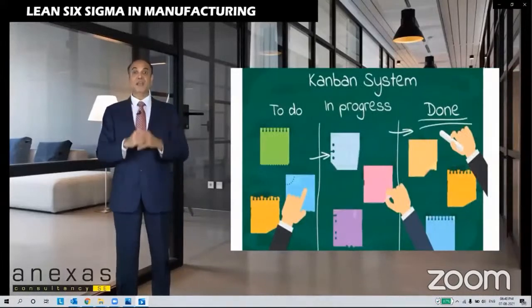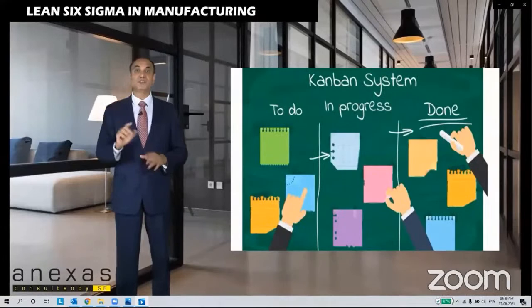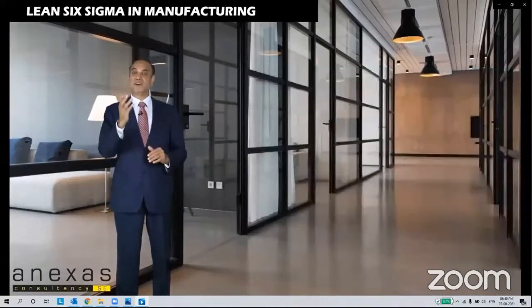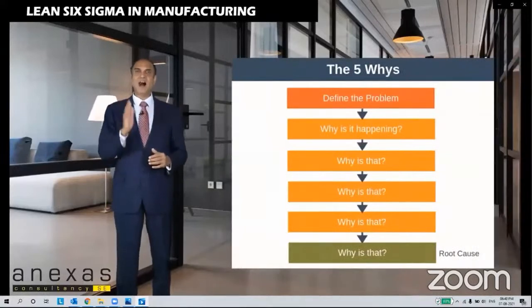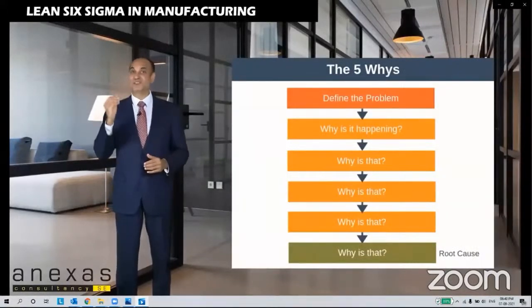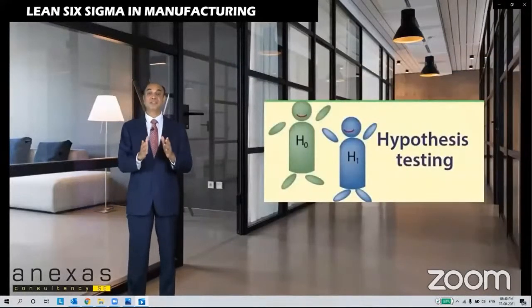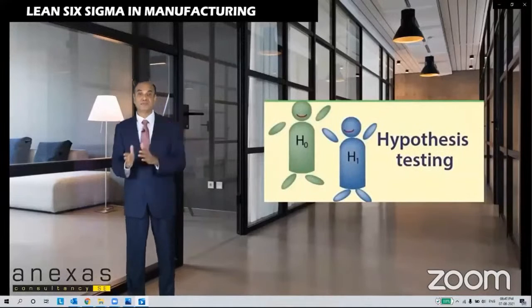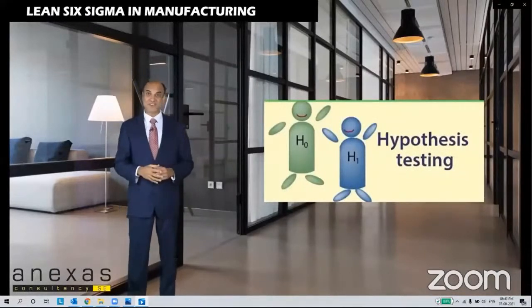Kanban. It is a visualizing tool on maximizing the flow of goods and work without unnecessary inventory or transportation. Then we have 5 Whys. Ask why 5 times, and you will get to the root cause of the problem. Hypothesis tests. They establish the relationship between the outputs and inputs, and you can get the root cause with 95%